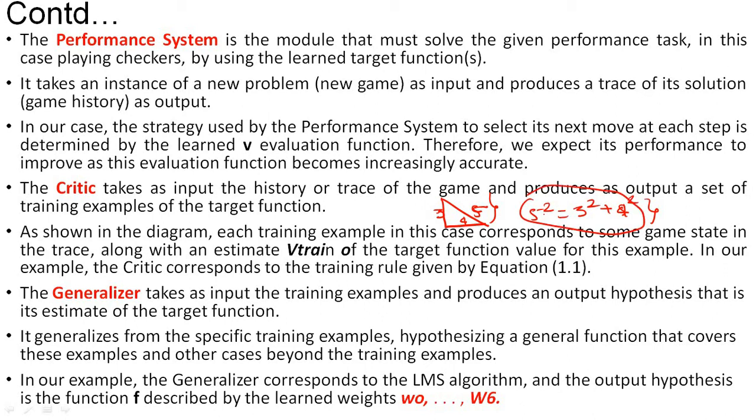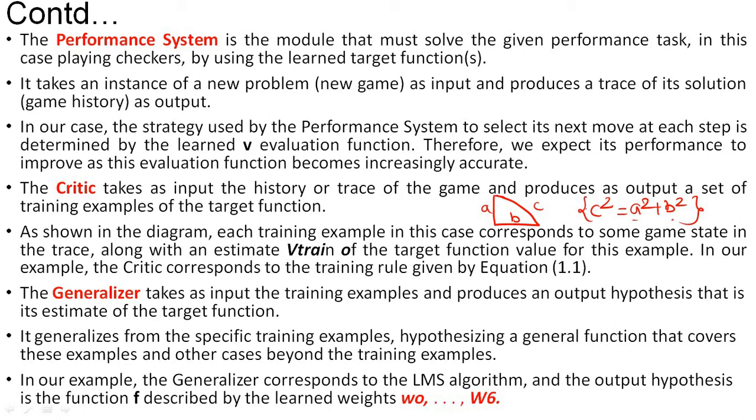So how will we generalize this? Suppose this is a right angle triangle with sides A, B, C. I will generalize it as C square is equal to A square plus B square. This is called a general example, where you can put any values of A and B and estimate whether it is equal to C or not. The previous example which I have taken is specific, not general, and this example is general.